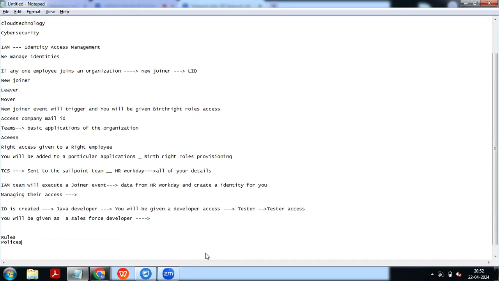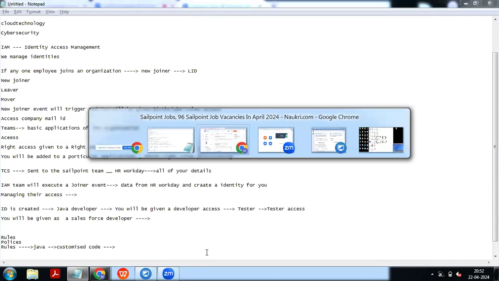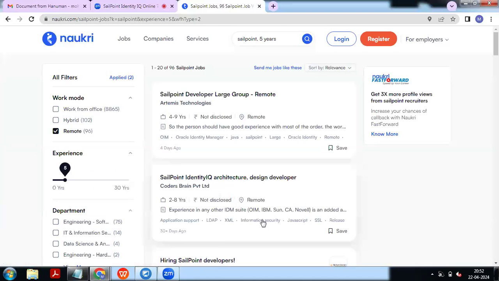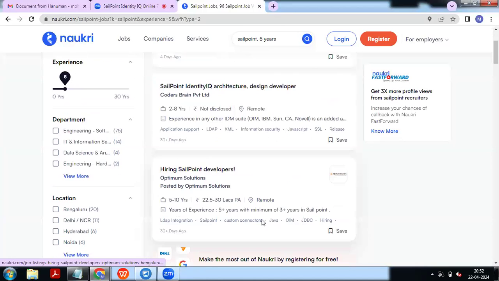To configure a rule, you may have to write some Java code, or you can use customized code, which I'll teach you. You can also customize and edit the existing code, or write your own code using Java. That is why you are called a SailPoint developer.